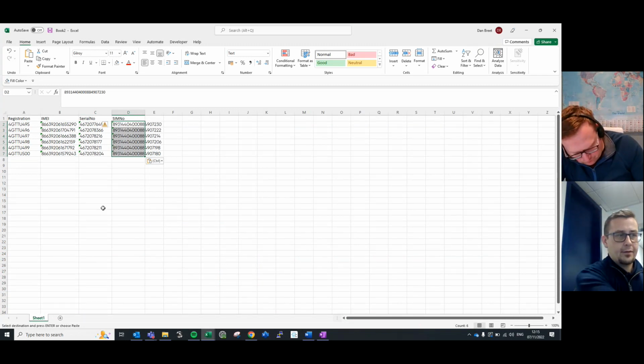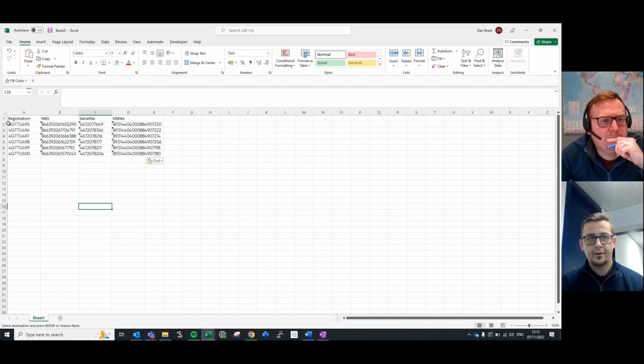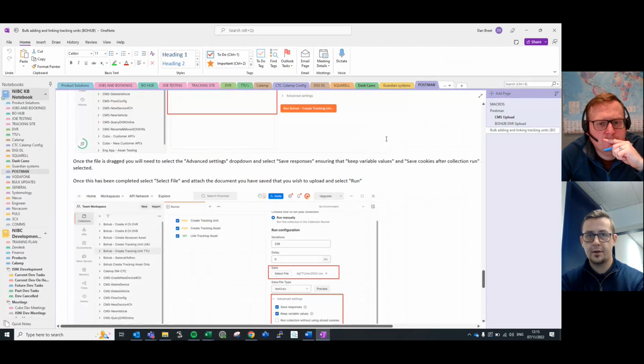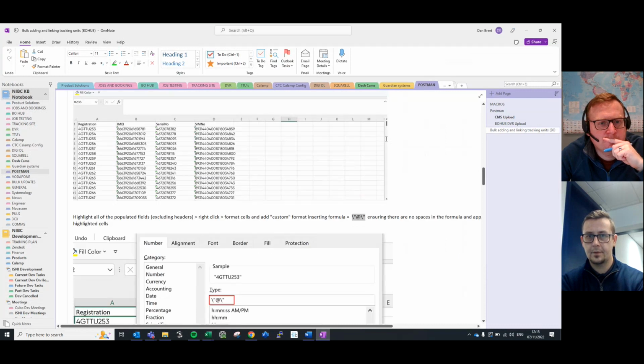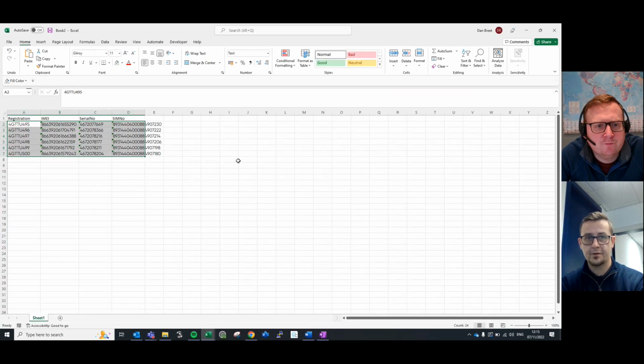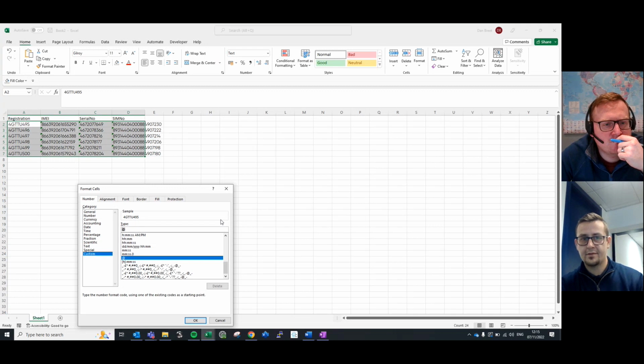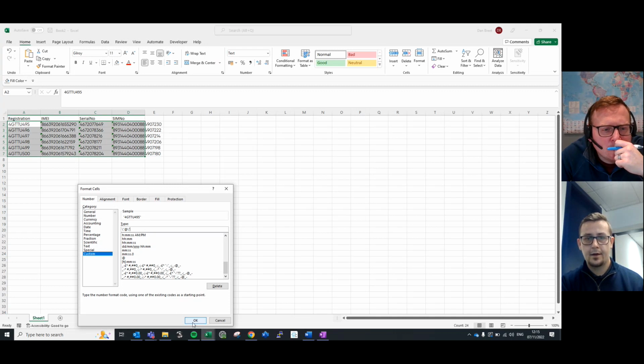From here, the next thing we need to do is highlight the cells and format these themselves. We're going to apply a custom format, if you like. I'm just going to pull this custom formula from a previous document. I copy this, and again, ensure no spaces in the formula because spaces can be a no-no. I right click on the highlighted cells, format these cells, and drop down to custom. It's as simple as pasting in that custom formula, again making sure there are no spaces,